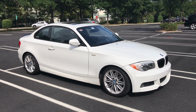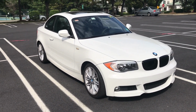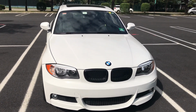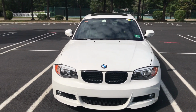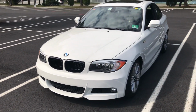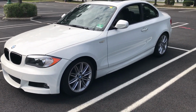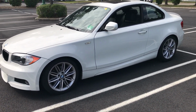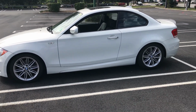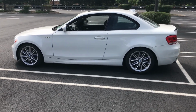Sal, Tommy, Alex, and Lalit are great guys, awesome guys. I would recommend that shop to anyone in the New Jersey area, anyone on the East Coast really. And they pretty much put all of the M components on this vehicle, which made the car very composed through corners. What was happening on the track is that, in combination with the Michelin Pilot Super Sports, I was overworking the shock and spring. The shock and spring on this vehicle, considering it is an entry-level BMW,